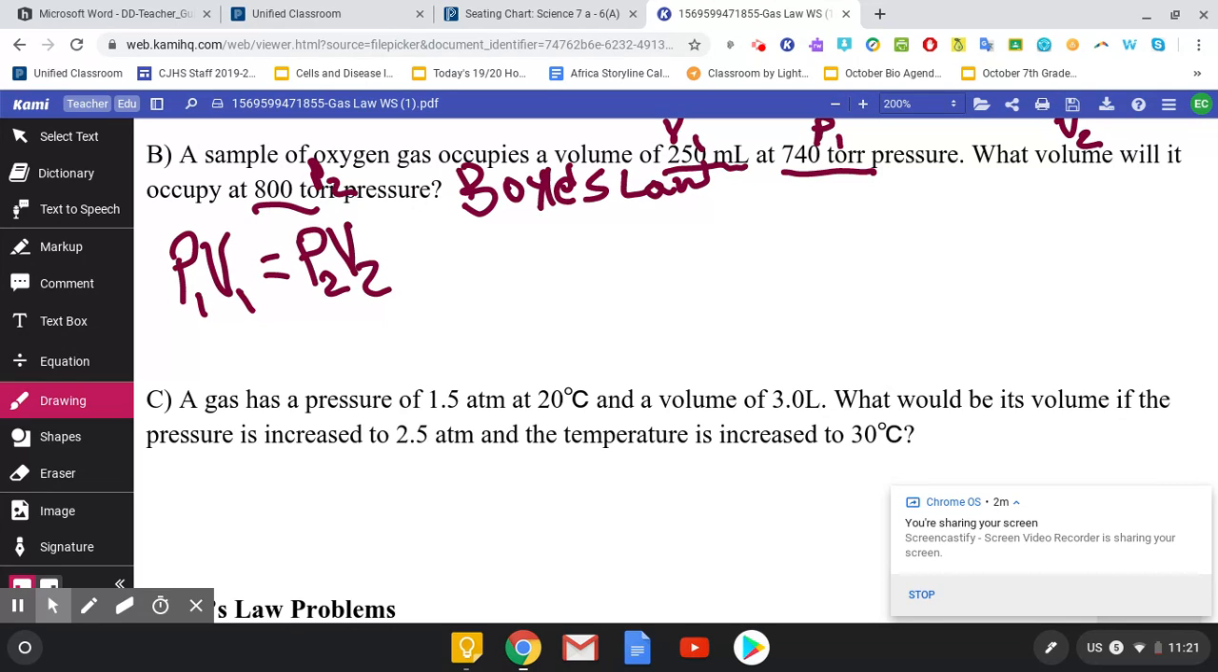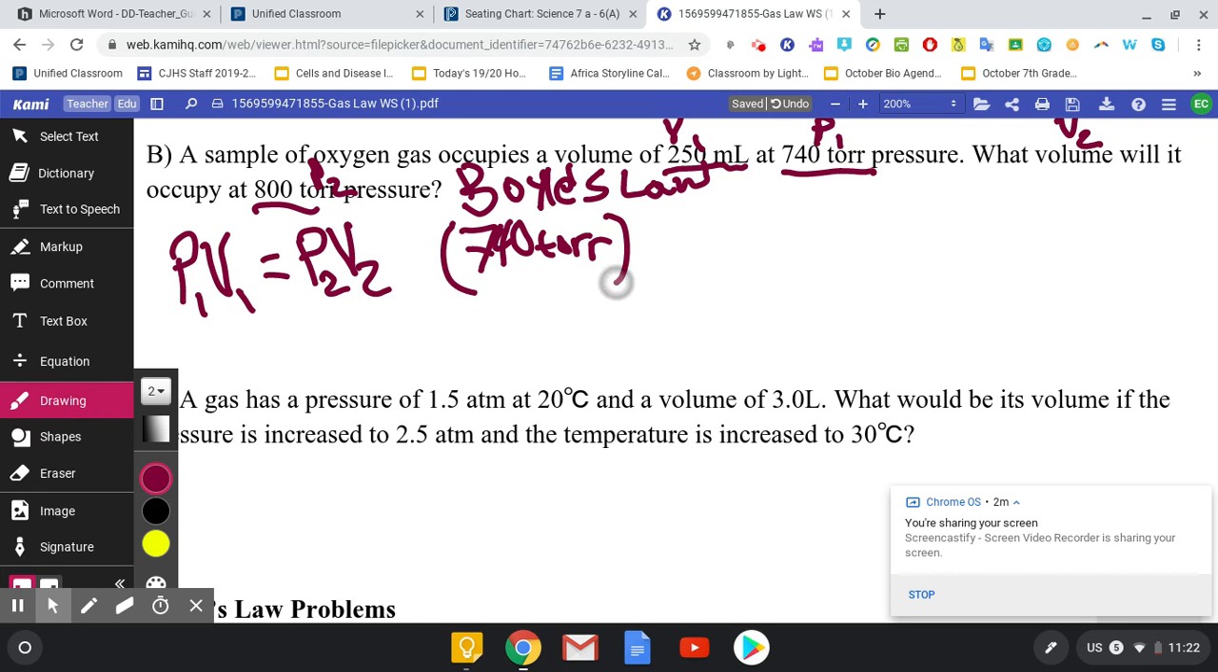Our P1 in this case is 740 torr. And I use parentheses, so our V1 is 250 milliliters, equals P2V2. P2 is 800 torr